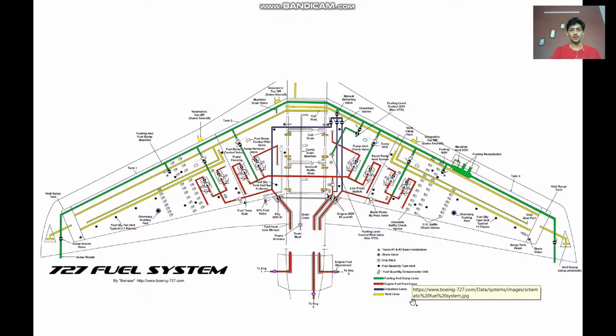Now let us try to understand the fuel system in detail with this diagram. Here we have three tanks, one on the left side wing, one on the right side wing, and one on the central wing. All these three tanks are connected using this cross feed line, that is the blue line here. This line connects the three tanks, the left, right, and the central, and these are the cross feed valves. Based on the requirement, the valves are turned on. Now this green line is the fueling line, which means when we want to refuel we will be using this particular green line.